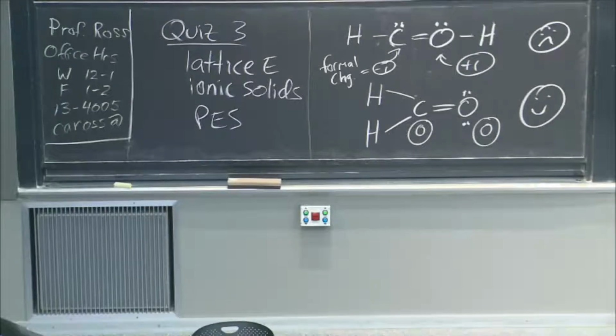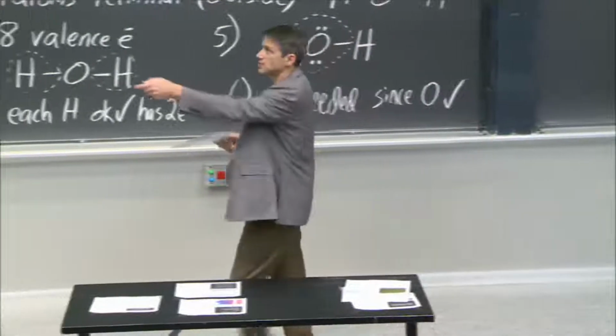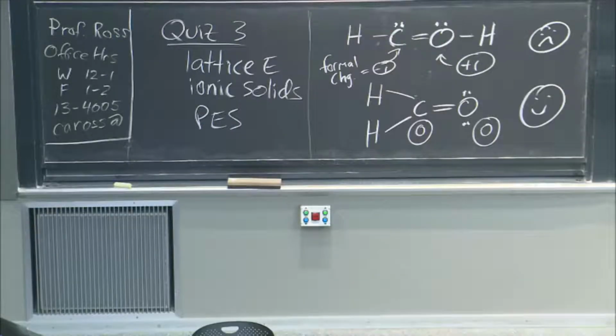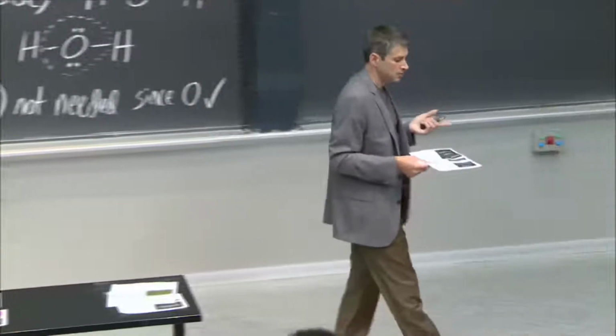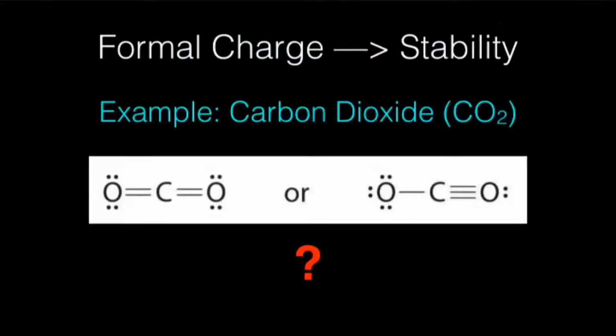So this one, not very happy. That one, happy. And you can calculate the formal charge on any atom in any Lewis structure by following this very simple procedure. You take any atom, look at how you've drawn its Lewis structure, and you just count. So, for example, if I take CO2, I can do the same thing here. I've got 2 Lewis structures and they both satisfy the recipe. But which one is more stable?